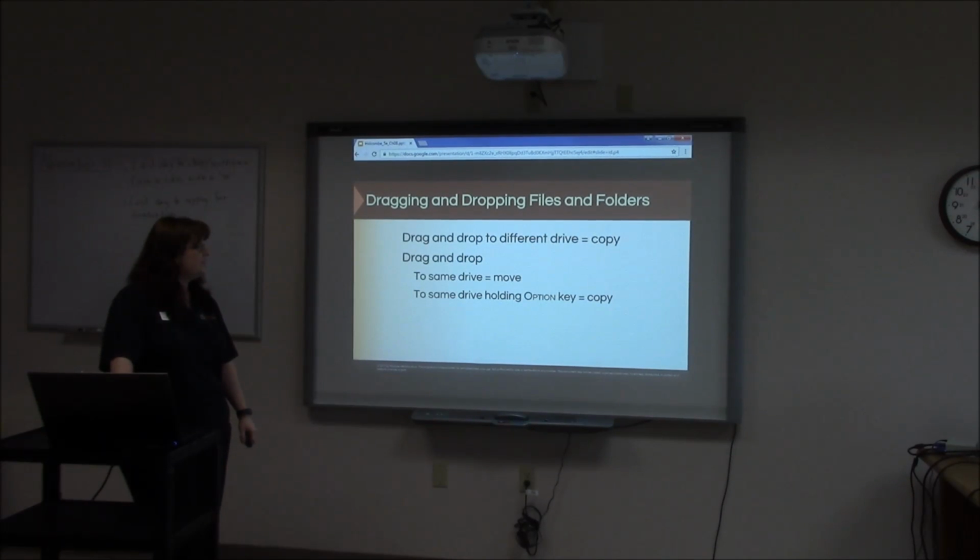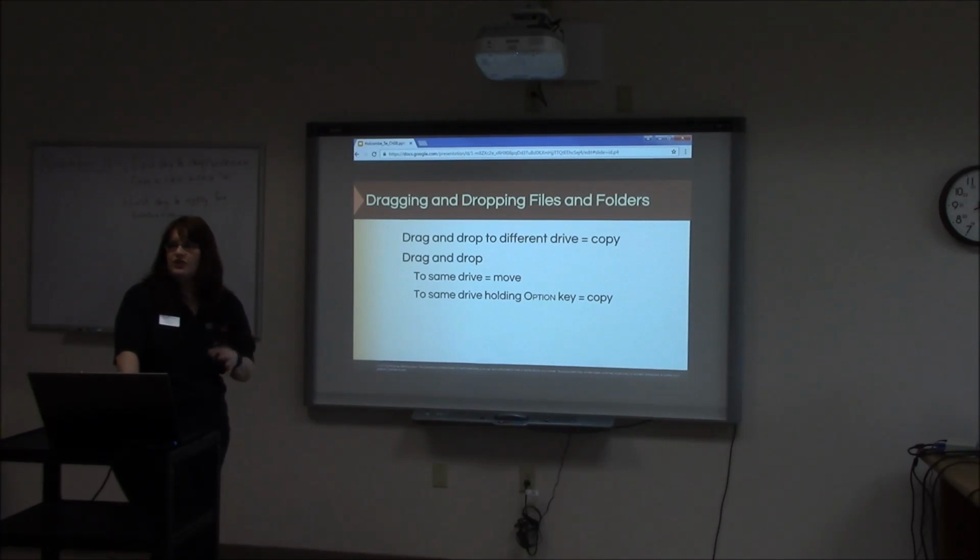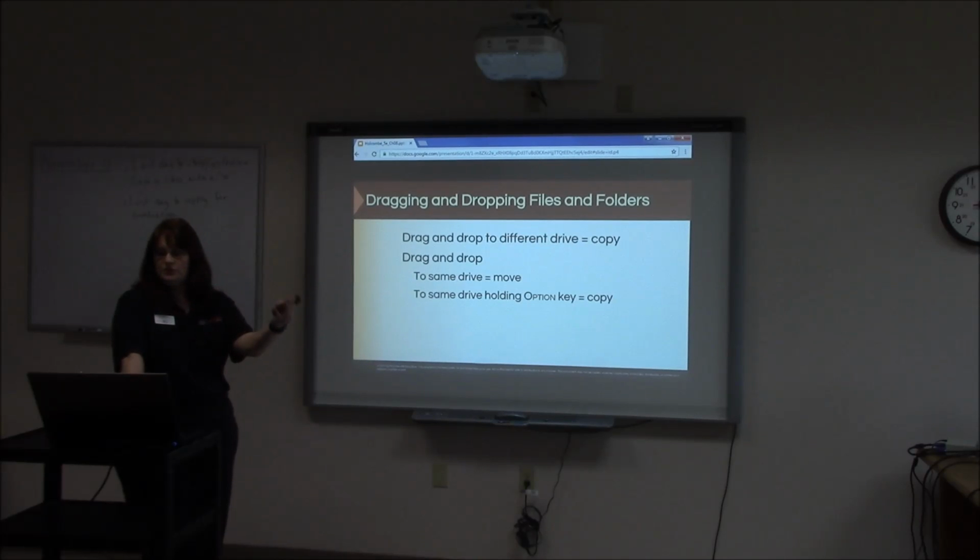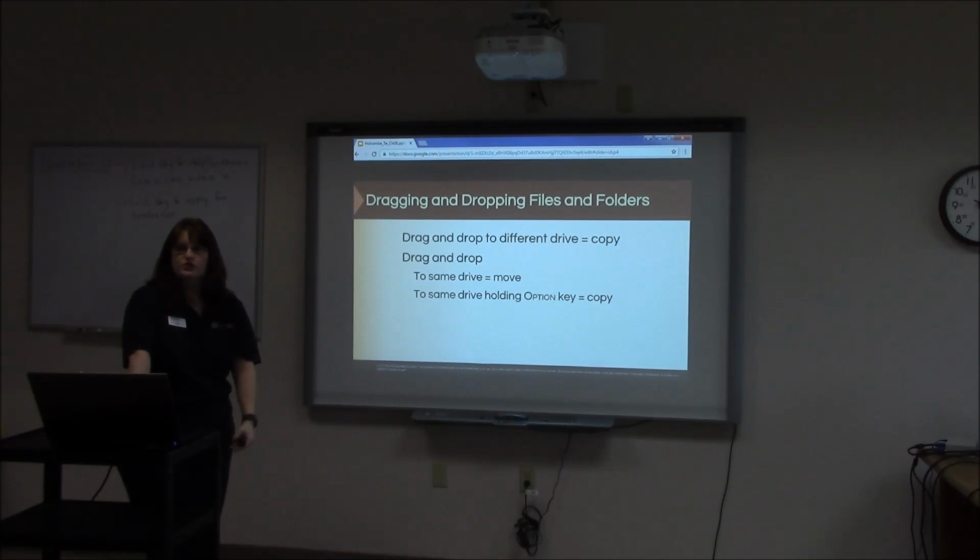Something worth noting, if you drag and drop something to a different drive, you're just copying it. If you drag and drop to the same drive, you're moving it. So when you move from one spot to another on the same drive, you're kind of just changing the location the shortcut points to. When you move it to another drive, you're actually physically moving the file to another drive,